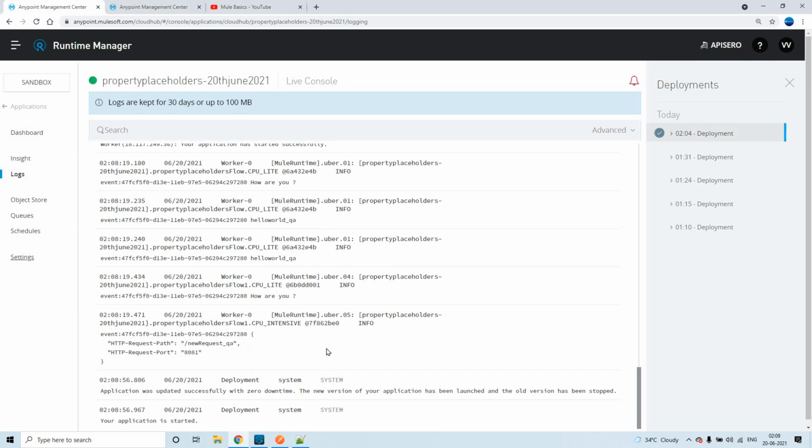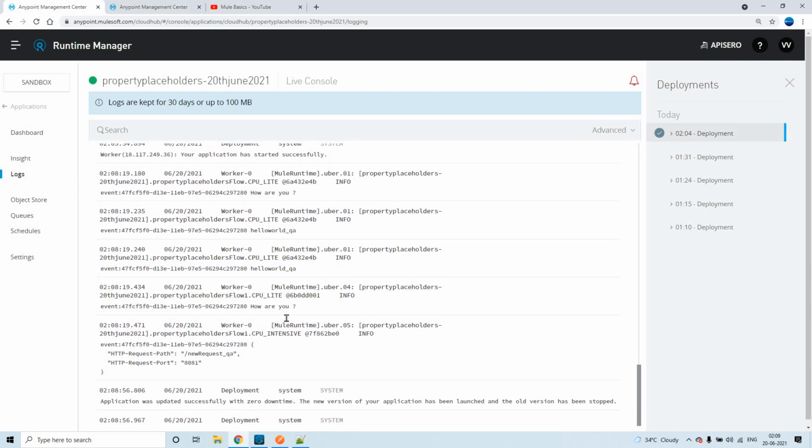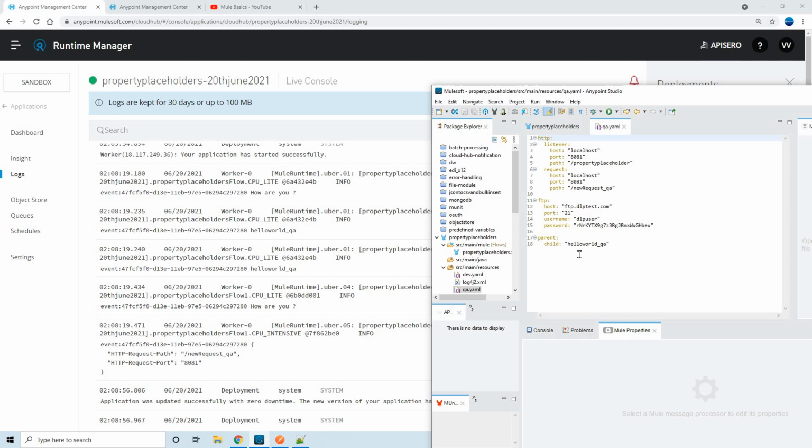Okay, so this is the payload that we have been discussing, and you see here the parent.child property has fetched hello world underscore QA. If you see in Anypoint Studio in QA, parent.child is printing hello world underscore QA, and after that, this is by using the p function and this is by using the dollar convention.